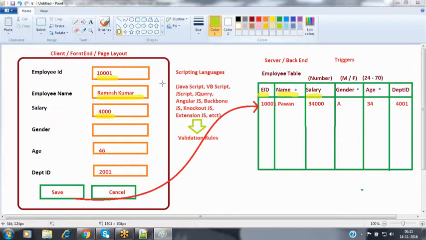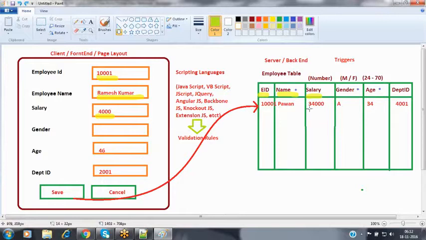But when coming to the user interface level, we cannot perform any duplication checks. Duplication check means whenever I am creating a new employee record, and I have entered some employee name, do we have any record that already exists with this name or not? For that, we have to go to the database, because all the employee names are available inside my database table. We have to verify in the employee table whether an employee already exists with this name. We cannot cross check with the help of client side validation.